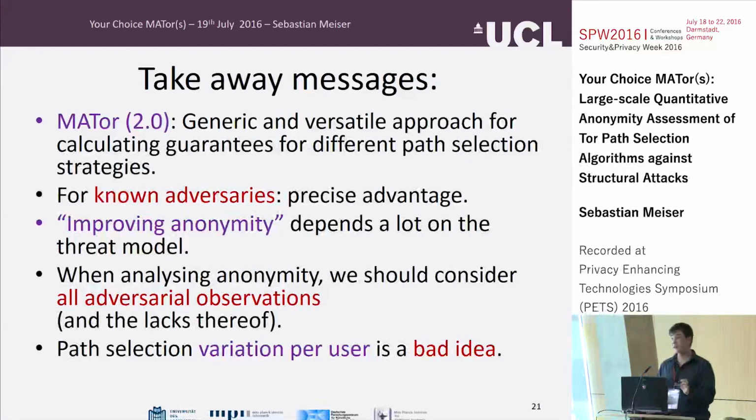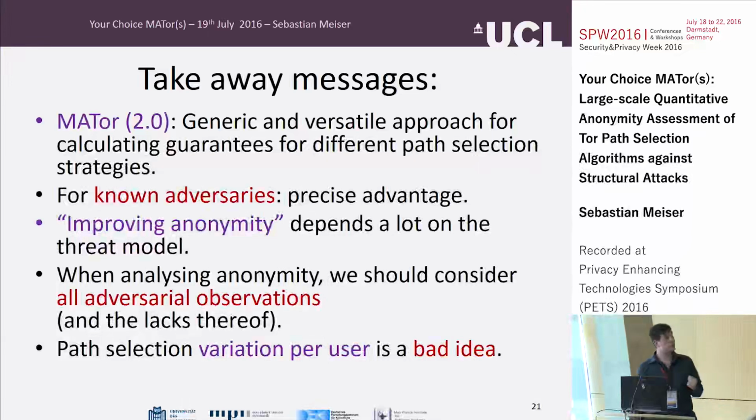For known adversaries, we can precisely calculate things, which is very cool. Then another takeaway message is, if you want to improve anonymity, that highly depends on against whom. If you want to improve anonymity against adversaries that have a certain small number of nodes, try to be uniform probably. If you want to improve anonymity against adversaries that have a certain amount of bandwidth, well, Tor is doing pretty good in that, because the higher the bandwidth of a Tor node, the higher the probability that it's used. So the adversary can't exploit some differences here to get more than it can pay for. So you really have to look carefully.